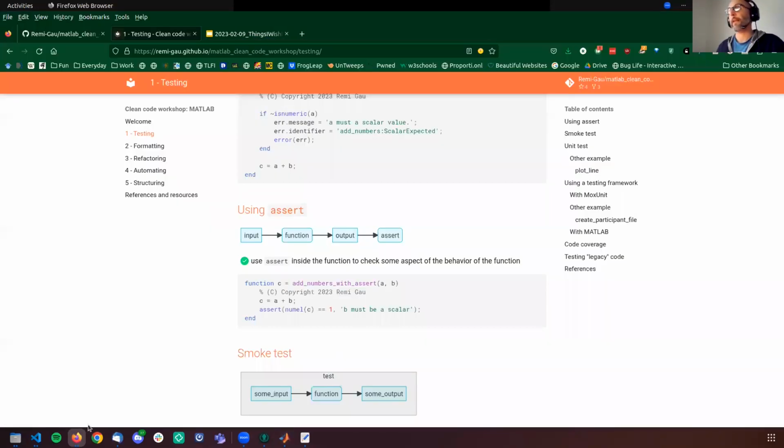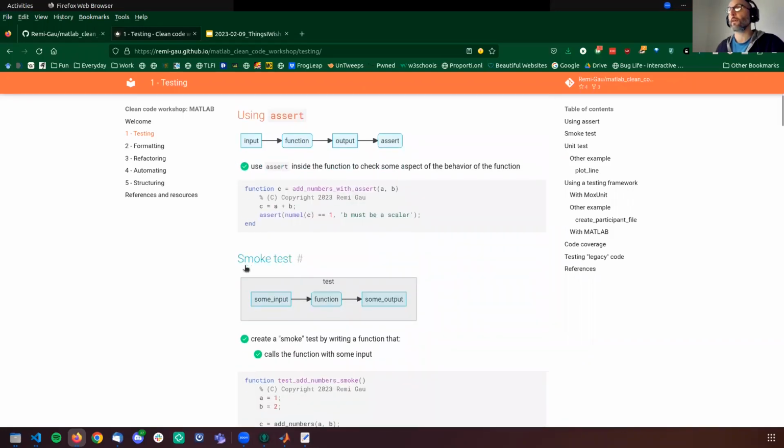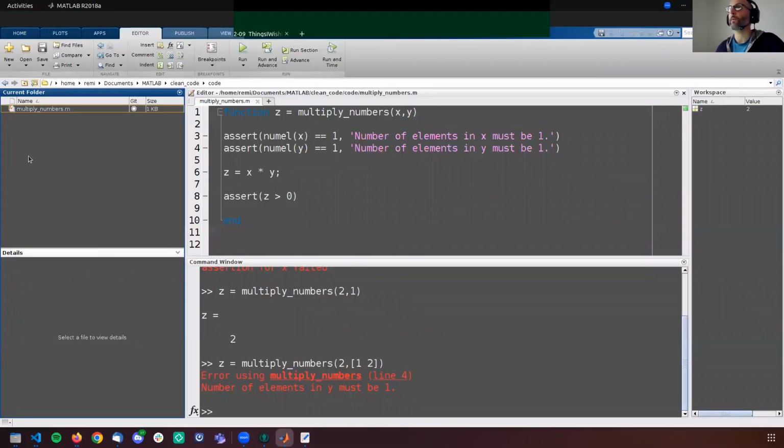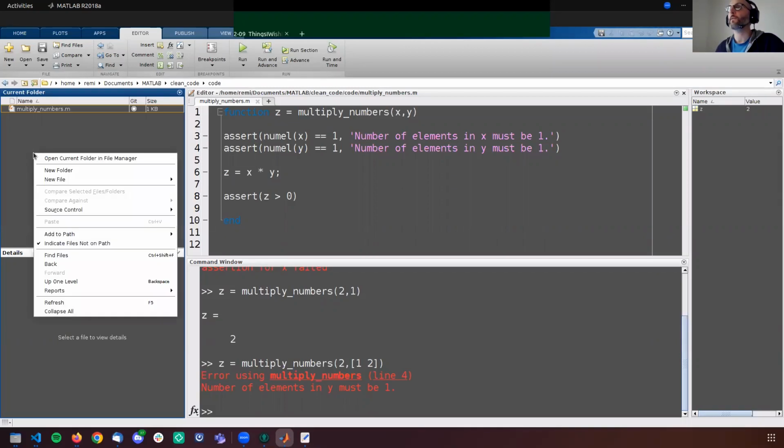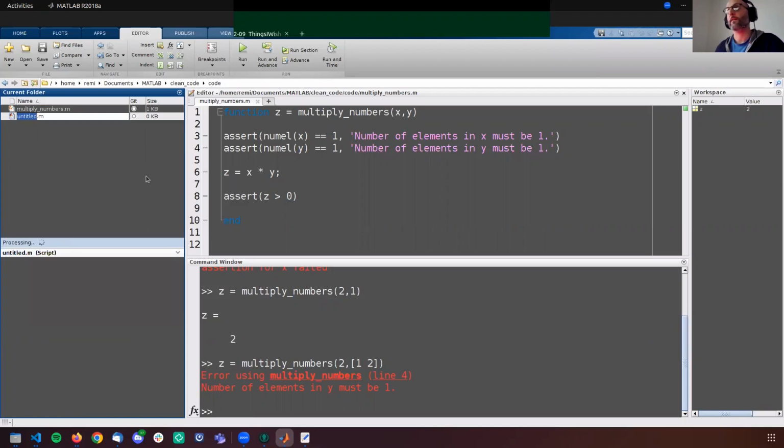So the next thing that we're going to want to do is write what can be called a smoke test. So we're going to start writing actual tests. Tests are code that test code. To do this, it can just be a script, and we could create something called smoke.